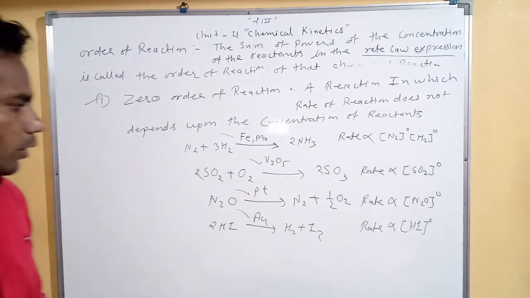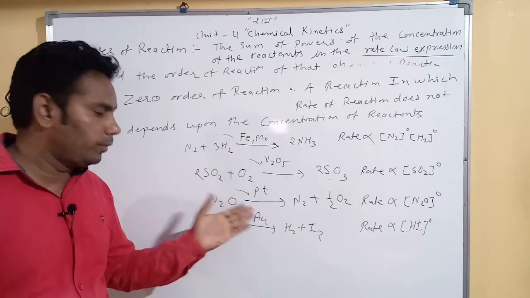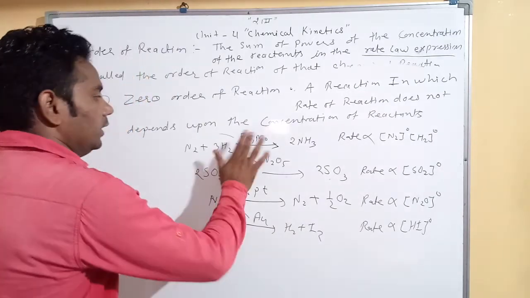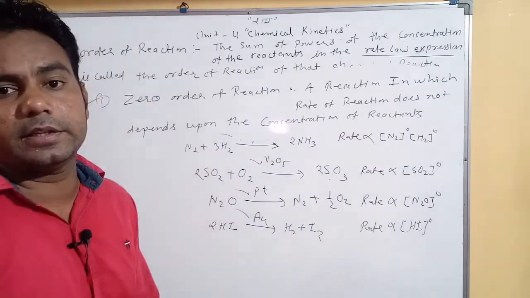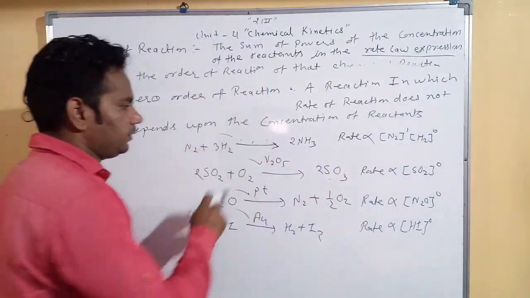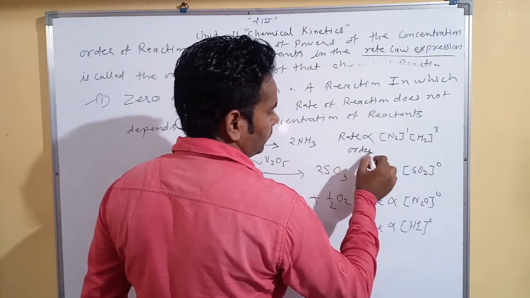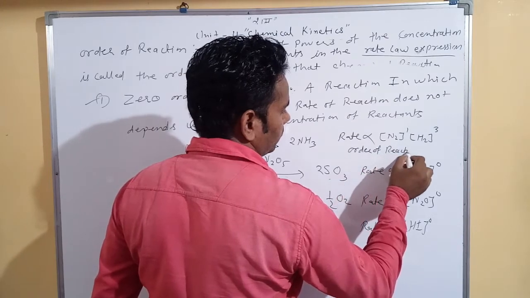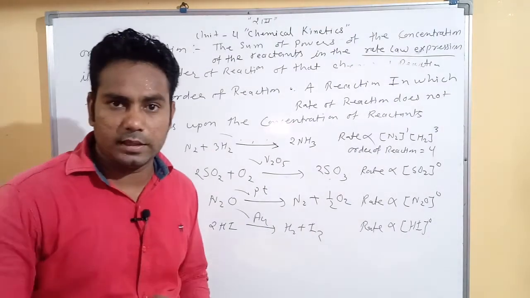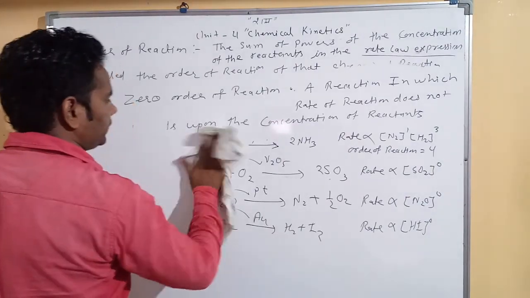Clear? It is very easy, we only understand on the basis of the catalyst. If a catalyst is present, this reaction is called zero order of reaction. If I remove the catalyst, the order of reaction changes. Now N2 has power 1, because no number is present, so here 1, then here 3, so we use 3. The order of reaction is 3 plus 1, so the order of reaction is 4. Done? Clear? Then next, some examples for the first order of reaction.